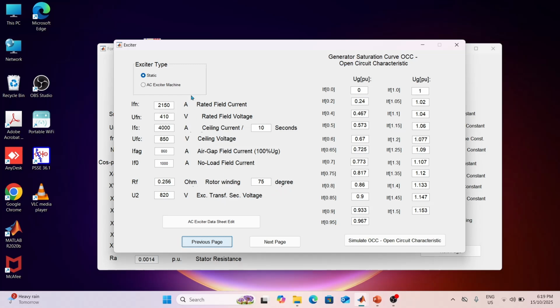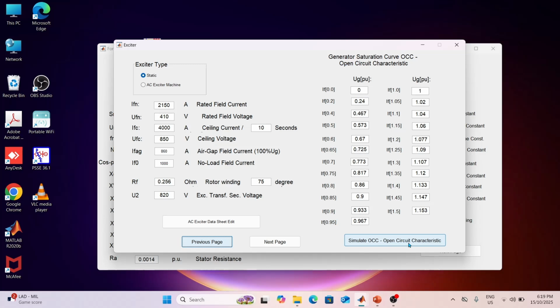In case of an exciter machine such as a brushless exciter, the parameters of the exciter machine are also considered. However, in this video, we will restrict ourselves only to the static exciter. This form also includes a so-called open circuit characteristic, which is necessary later on to determine the operating point of